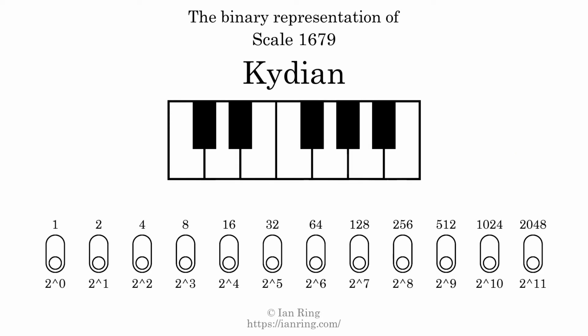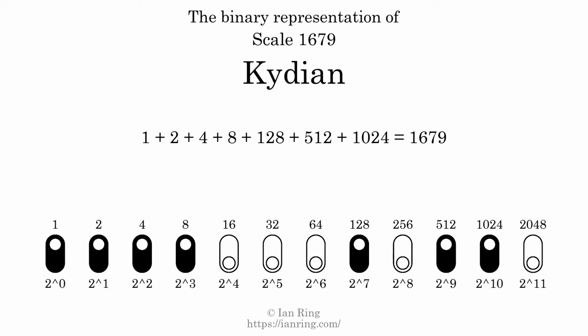The binary representation of this scale is determined by mapping tones of the scale to binary digits. Each binary digit represents a power of 2. To get the scale number, we add the powers of 2 together. The powers of 2 that are present in the scale, all added together, equals 1679. That is why the scale number, in decimal, is